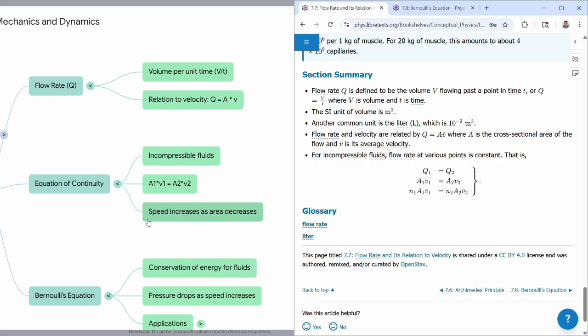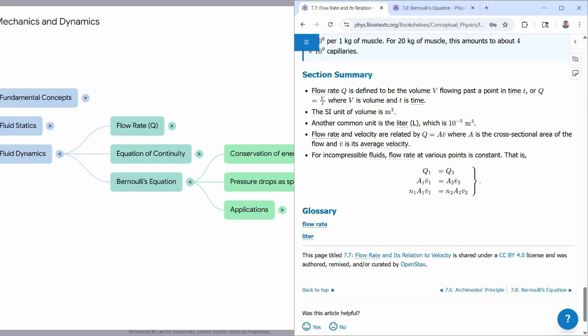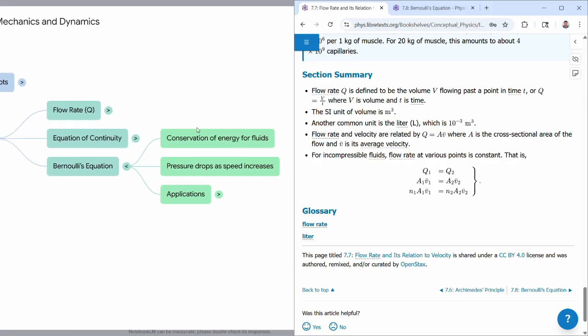If you want the water to come out faster from the end, you actually make the end of the garden hose smaller, not wider. So hopefully, after some thinking through, this still matches with your intuition. So both of these, flow rate and equation of continuity, they talk about fluids flowing, things changing, and that's where